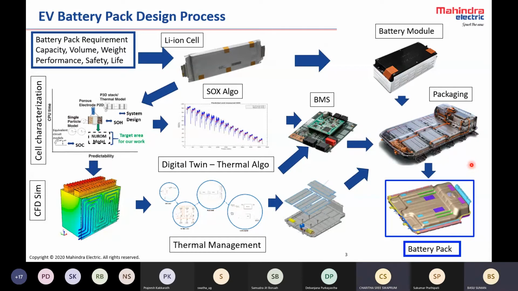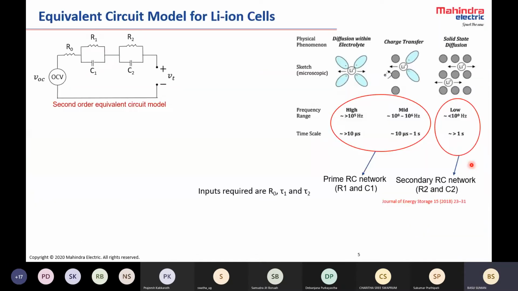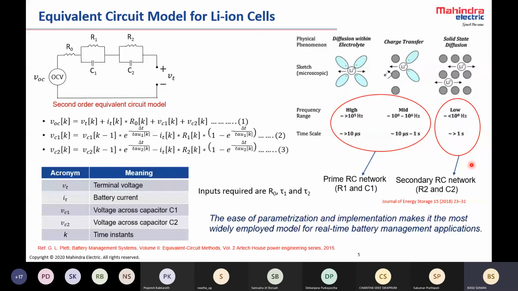All right. So this is a little bit of detail about lithium-ion cell modeling. Lithium-ion cells are electrochemical devices. This is called an equivalent circuit model. In an equivalent circuit model, what we do is we look at how our cell will behave under a certain condition, or under a certain charge or discharge from a given state of charge condition. We try to mimic it using two pairs of RC circuit and one resistance.